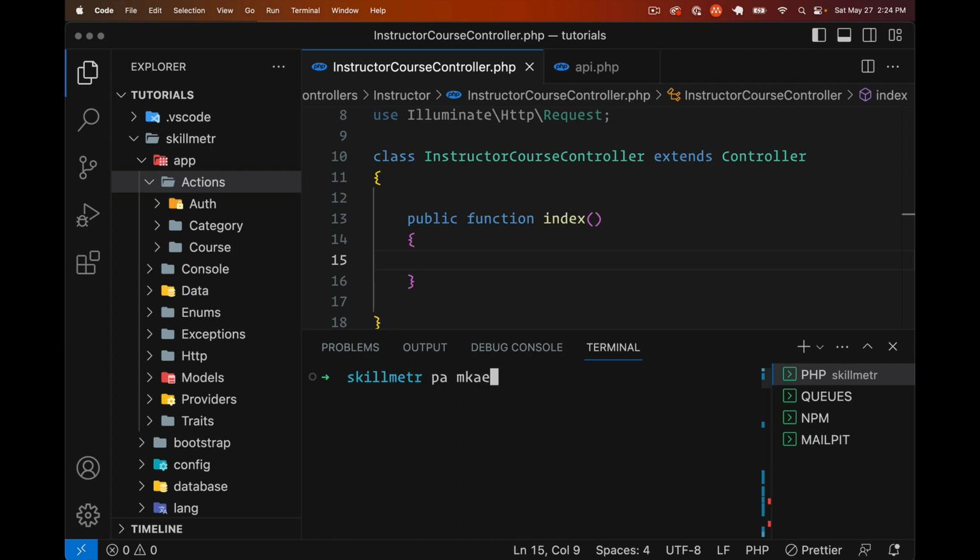PHP artisan make resource, enter, and we have that resource created. Let's create an action. So PHP artisan make action. I'll put this in a course subfolder and I'll call it get